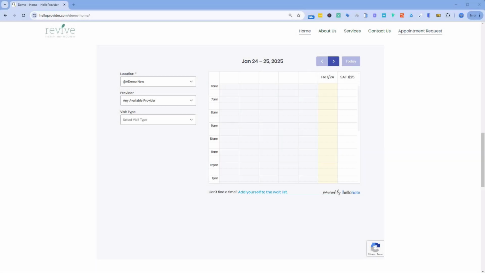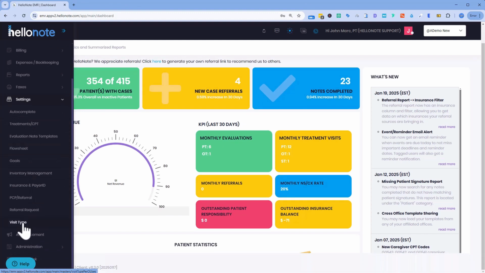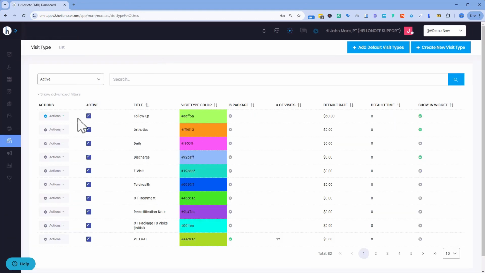In this tutorial, we'll guide you on how to add the visit type dropdown in your Schedule widget. And to do that, let's go to your HelloNote app, then go to Settings, scroll down and move to Visit Type, and start activating visit types that you would like to appear on your